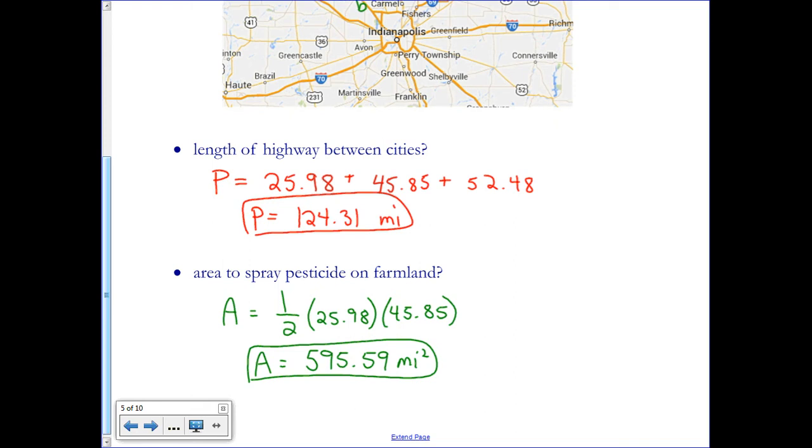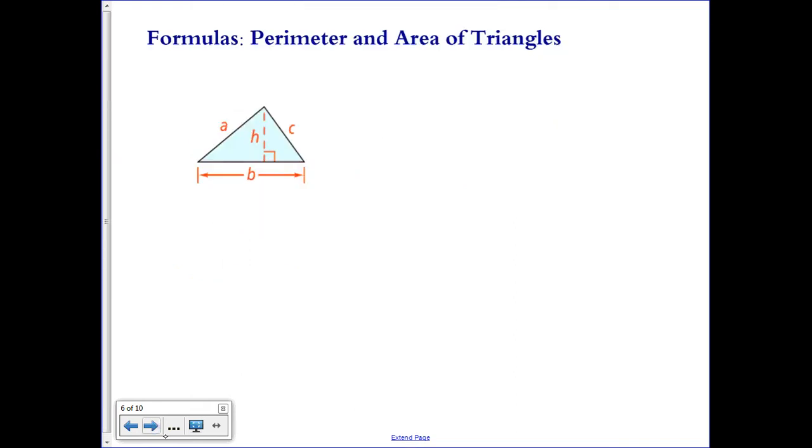So let's write down those formulas just so we have them written down formally. Here's a picture of a generic triangle. The sides are now called A, B, and C because they could all be different. They could also have some the same, but since we don't know, we're calling them three different variables. Perimeter for a triangle is just written as A plus B plus C. And the area for a triangle is going to be 1/2